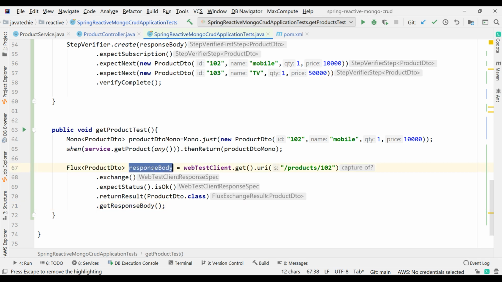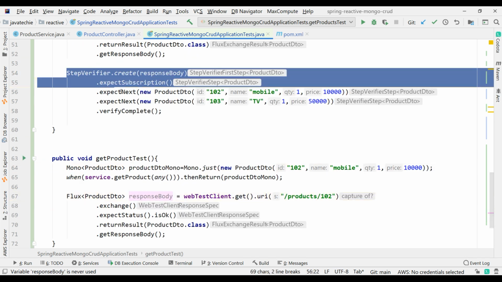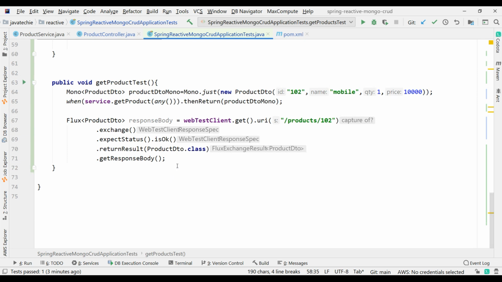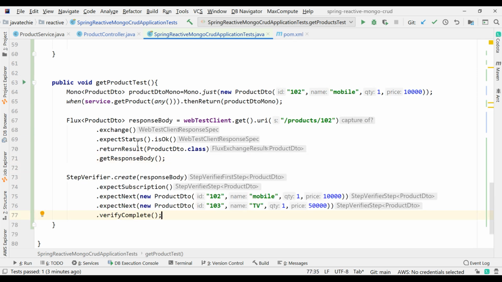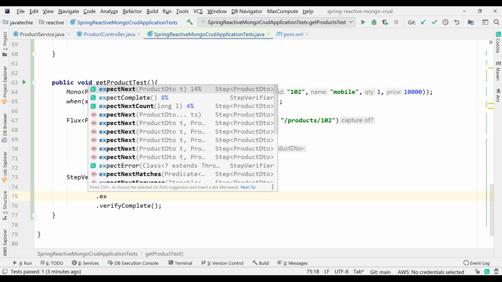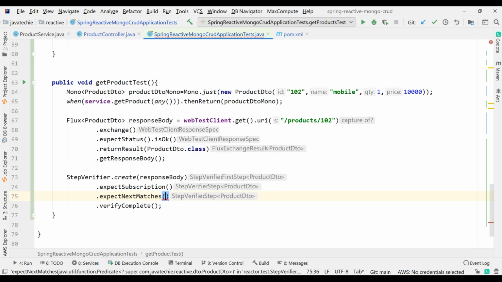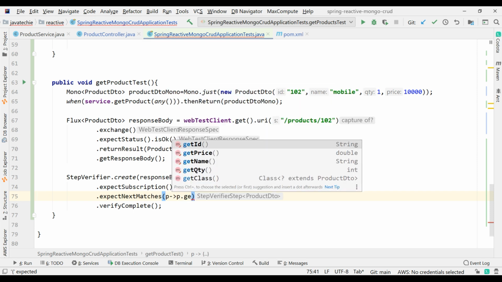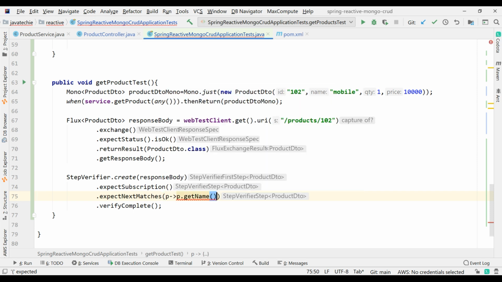Now I have my response body with me, so I can do this assert. Copy this. So here I will get the one object. So rather than map expect next, what I will do, I will just verify one of the fields. There is a method called expect next matches. So it will return me the product DTO. So I will check product dot get name dot equals mobile because that is what I was returning here, right?